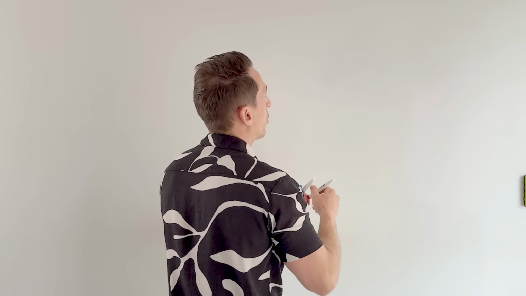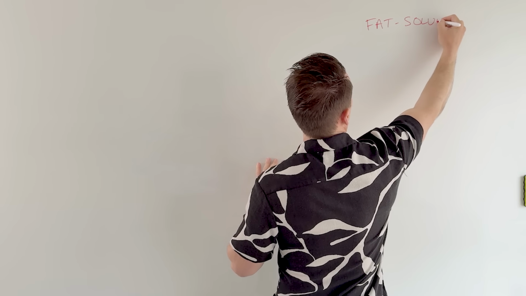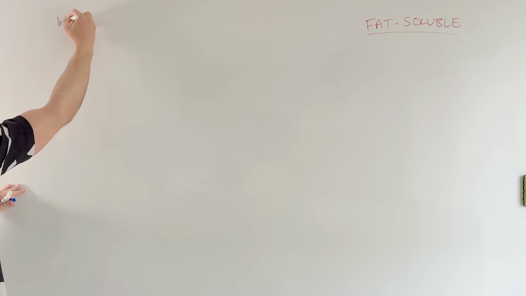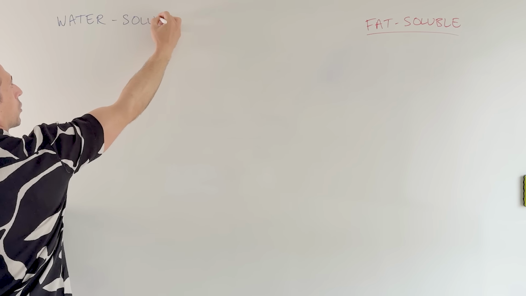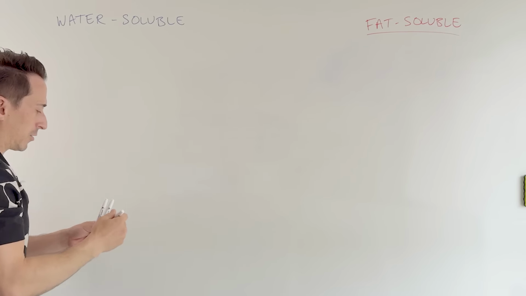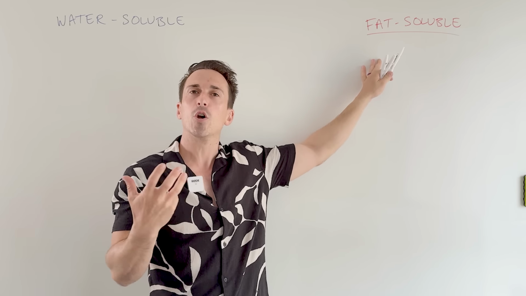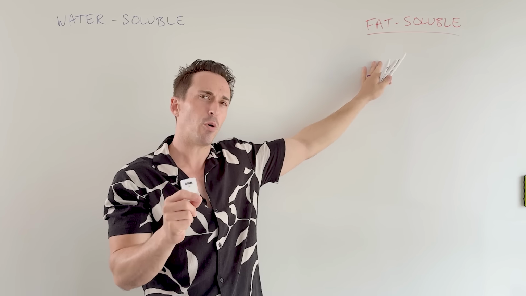So you can broadly classify vitamins into two categories. You've got your fat-soluble vitamins. Let's write these ones up on this side. We've got our fat-soluble vitamins. And you've got your water-soluble vitamins. Now, why are they called fat-soluble and water-soluble? Well, probably makes a little bit of sense when you look at it. The fat-soluble vitamins, they dissolve, they mix in with fats really well. So lipid-based products, okay?